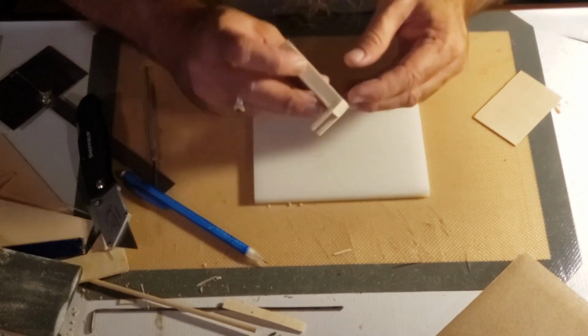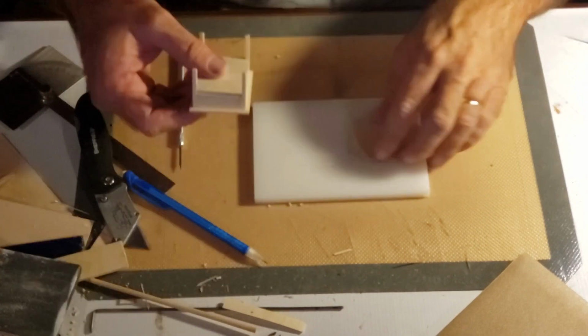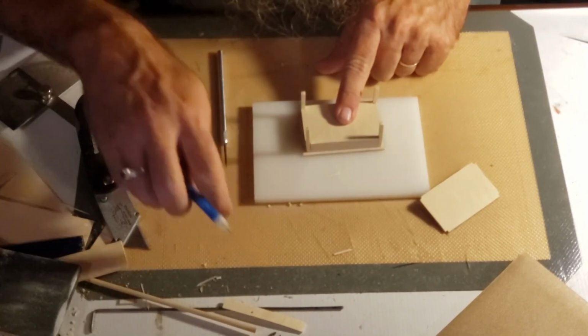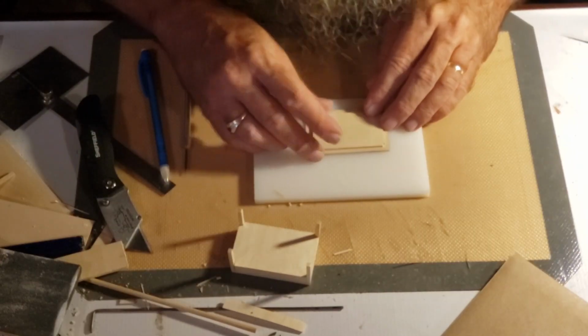That should do it. I think that's where I left off with it. Yep. So now what I'm going to do is check that, and I'm going to center it just by eyeballing. I'm not going to make that exact. I just make a light trace around there so I can remember where it goes once I start to glue